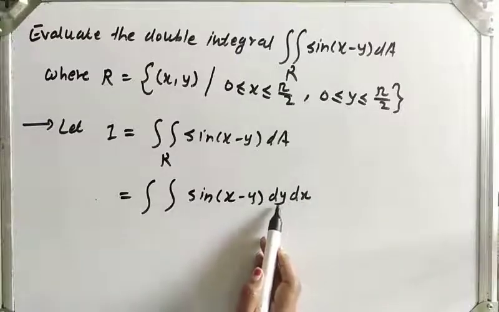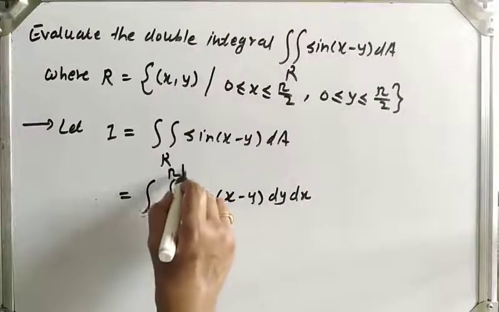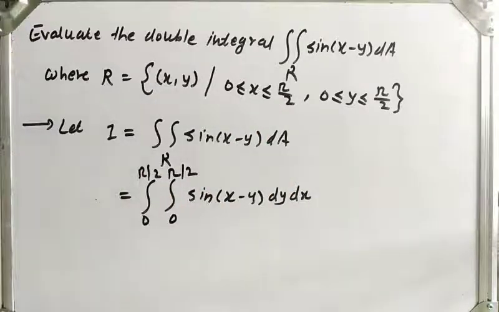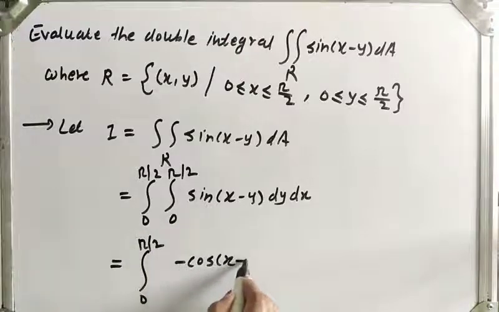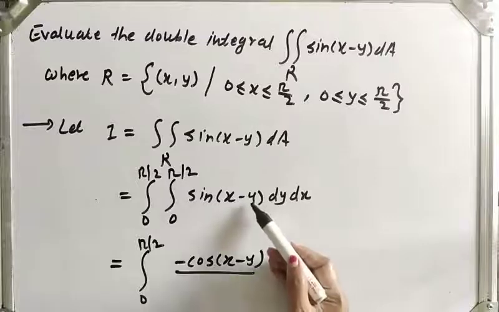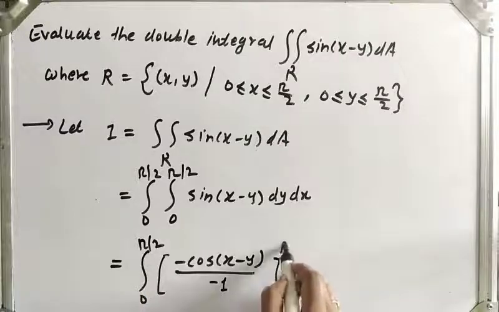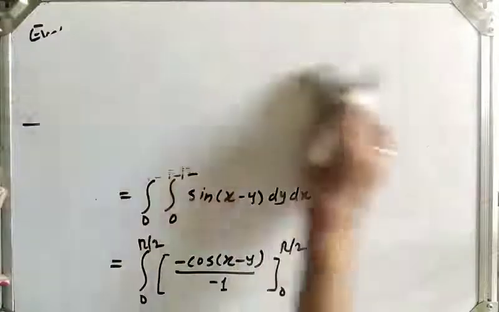If we have taken dy dx, the limits of y are 0 to pi by 2, and again the limits of x are also 0 to pi by 2. Now first integrate with respect to y. So it will be integration of 0 to pi by 2 as it is. Integration of sine is minus cos of (x minus y) upon its coefficient of y. What is the coefficient of y? It is minus 1, okay. So we get minus 1 here with limits 0 to pi by 2 dx as it is,